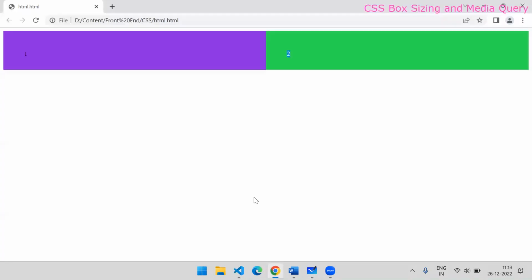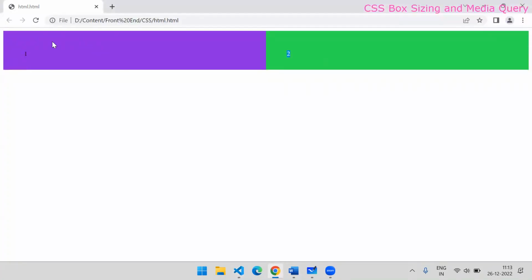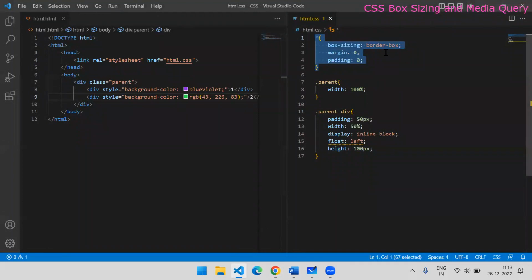So these three properties must be written for any web page design, so that your layout does not get hampered by padding and border. Margin is something that is outside of the border, so it may affect, but that will not play a role in border box, because inside a border box, border, padding and content width, these three things are considered only. Okay,